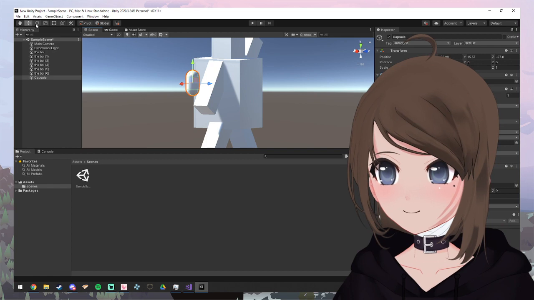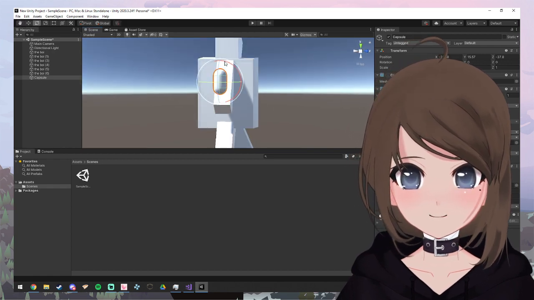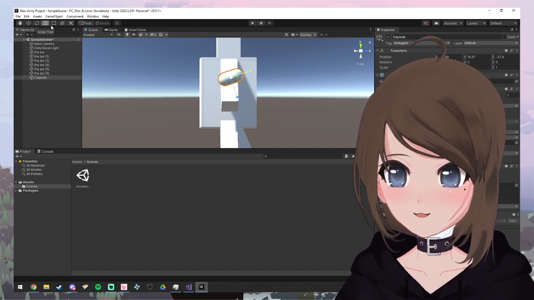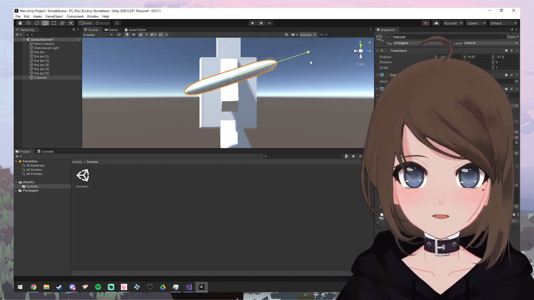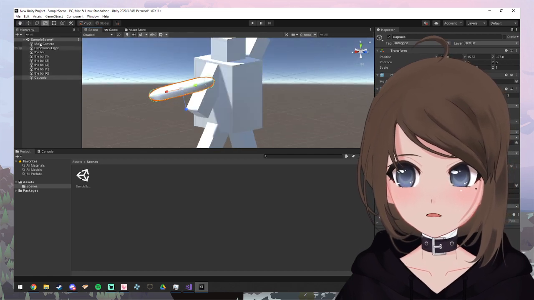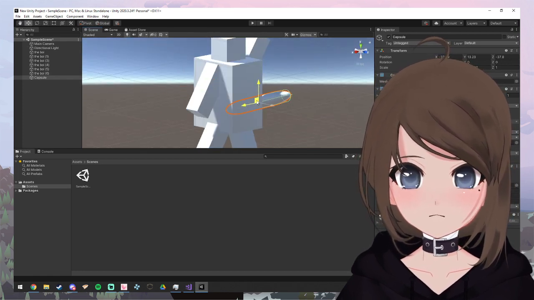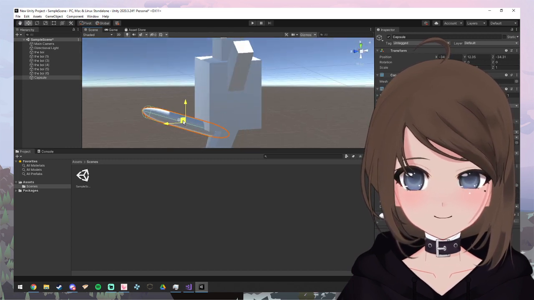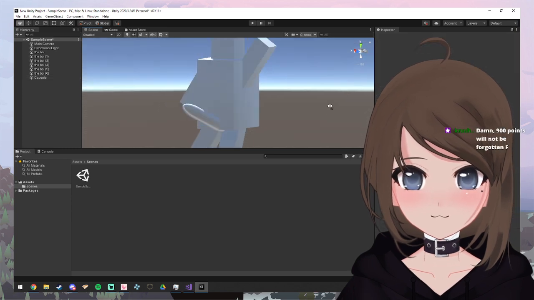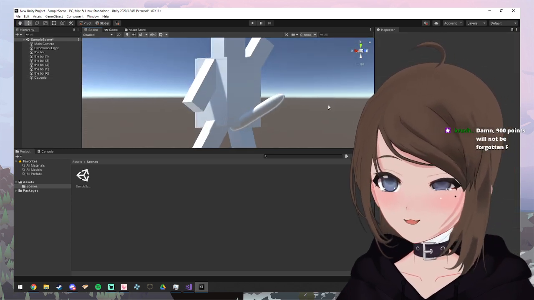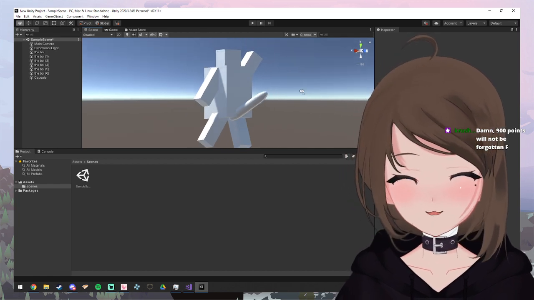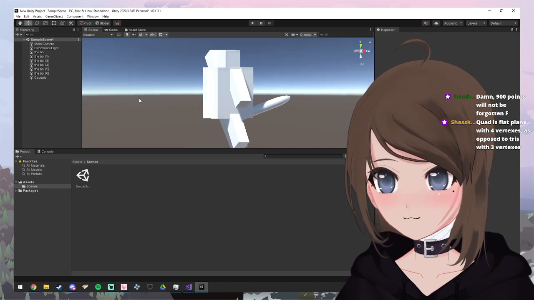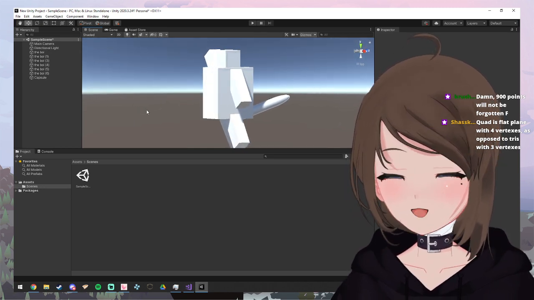So let's give the robot a little capsule. If you know what I'm saying. Make it long. And then I'm a very mature human being. There we go, perfect.